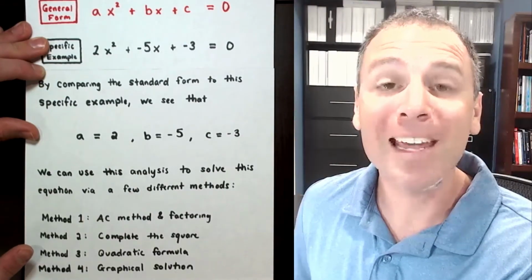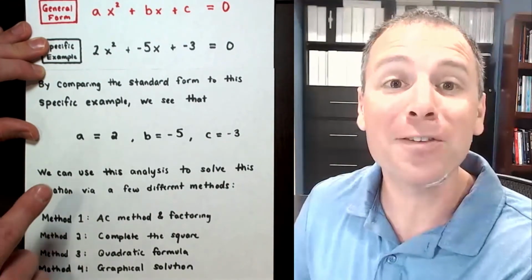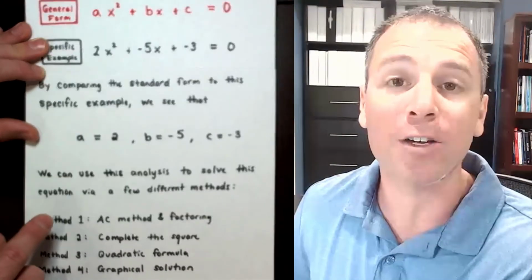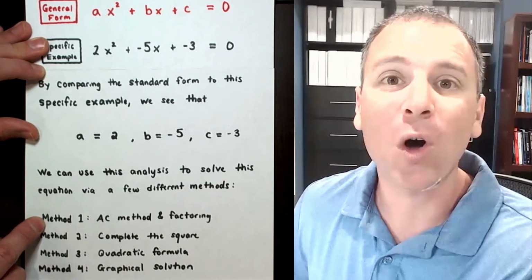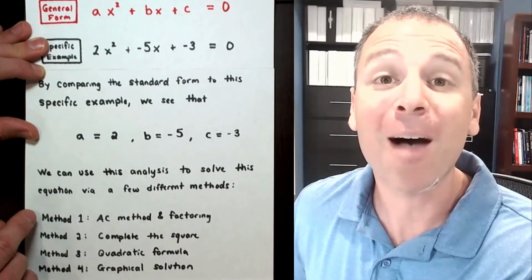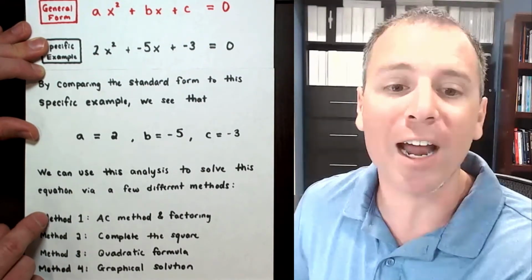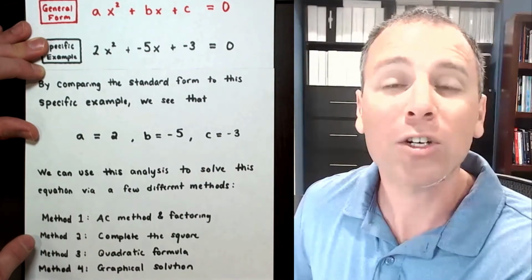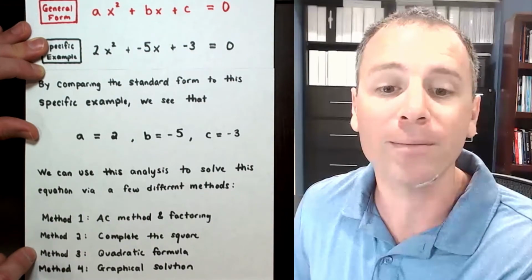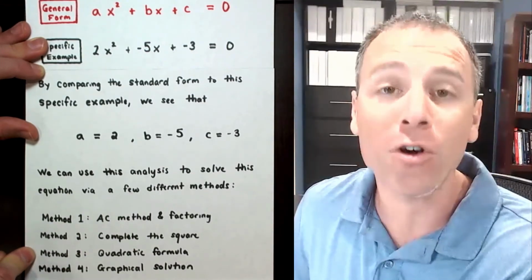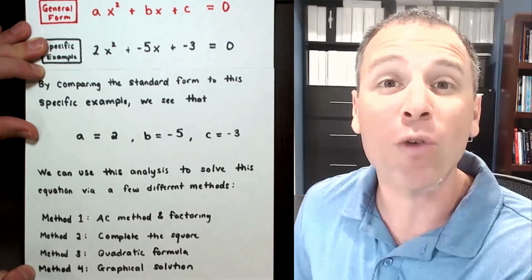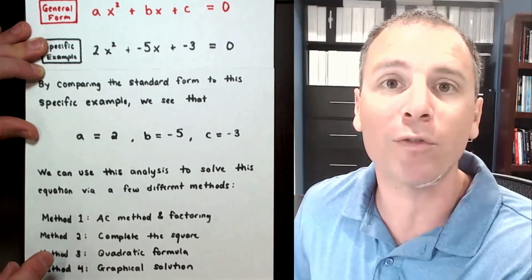Assuming we felt enough pain in our previous lives in mathematics, we probably have a few different tools in our toolbox to solve this equation and produce the values of x that we want. One of those we could call the AC method. If you want more information about the AC method, I'll link in a YouTube card on the top right-hand corner of this video to other videos that I've made to address that method. We also have something called complete the square, which is really the source of information for the quadratic formula. That quadratic formula is yet a third algebraic technique that we can use to solve this equation. And then we also have something called a graphical solution, which I'll also link to a video now.